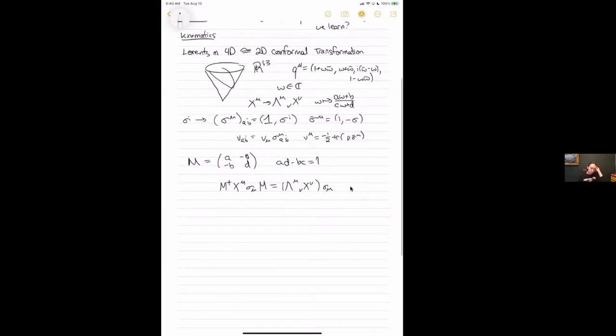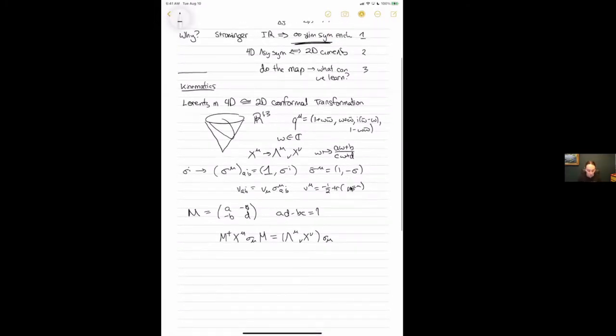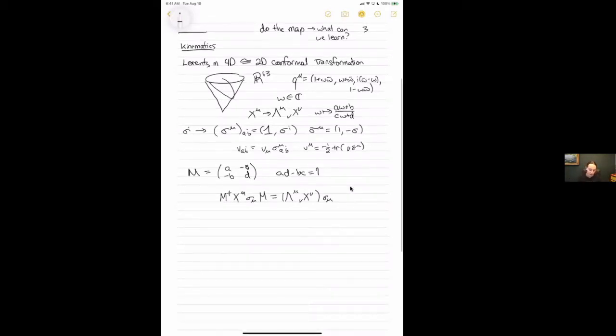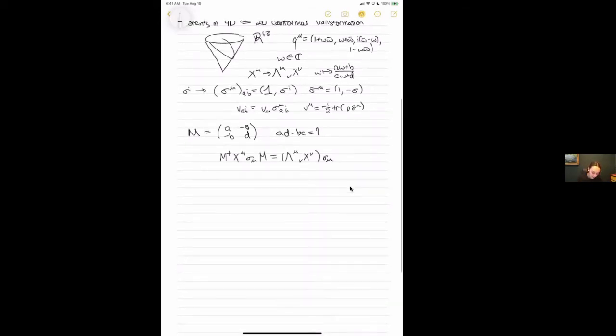And so for the purposes of what we care about here, all I want right now is that I have Lorentz transformations in 4D mapping naturally to what will be conformal transformations on the celestial sphere. And when I do that, I can force myself into using similar intertwiners for representations of the definite momentum states and take me to boost eigenstates. I'll show you how to do that next. So what's happening right now is we're just showing that the groups are the same. I think this is relatively familiar.